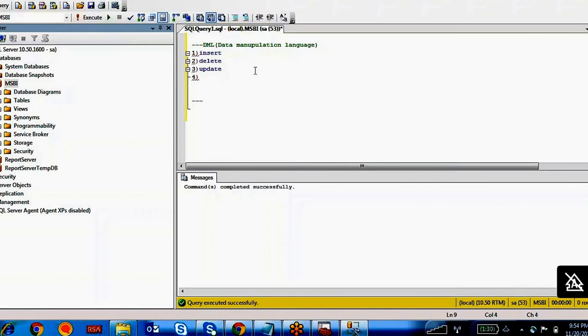If you are coming to the DDL commands, can anybody answer that question? Data definition language.